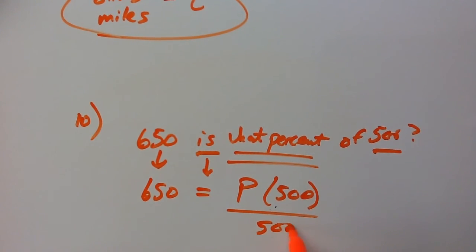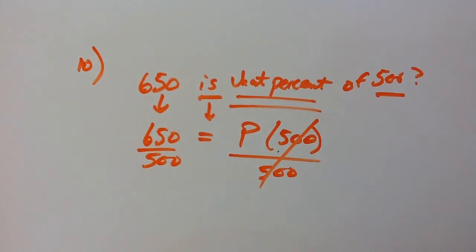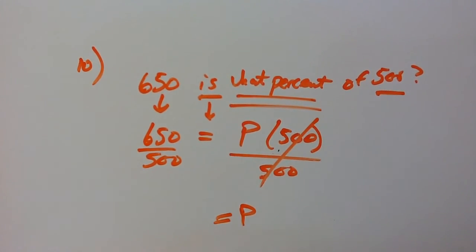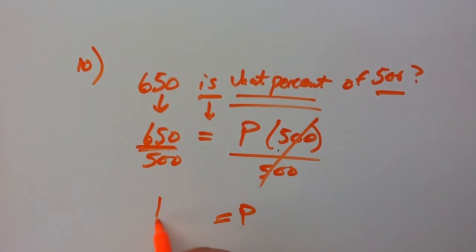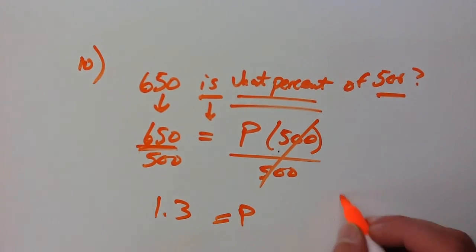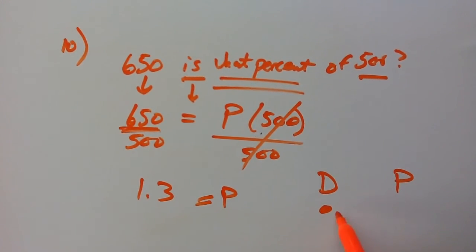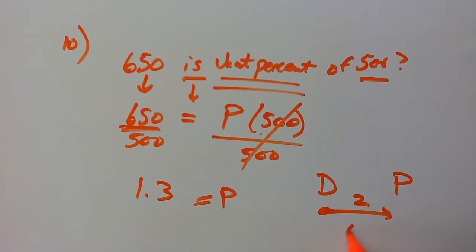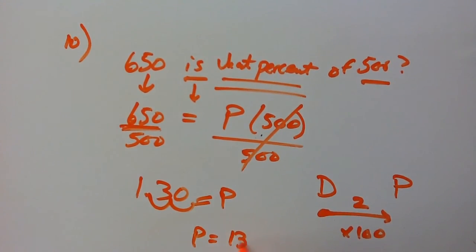I'm going to divide both sides by 500, so those 500 simplify, and so P, my percentage, is equal to 650 divided by 500, which is what? 1.3? Isn't that a decimal? Yeah, that's a decimal, right? And if I want to go from a decimal to a percent, I go to the right two spaces, which is the same as multiplying by 100. So 1, 2, my percentage would be